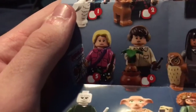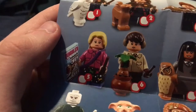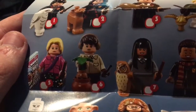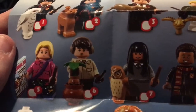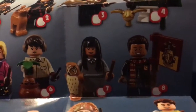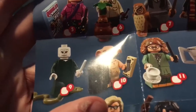Then we have a Luna Lovegood figure, I'm guessing from, yeah, she's got the Quibbler, and I'm going to guess it's from Order of the Phoenix when she first appears. Then we have a young Neville from that scene in, well, again, it could be from any of the first three. I'm just going to say it's from the original scene in Philosopher's Stone when he pulls out the Mandrake, because he does that several times in the first three movies. Then we have Cho Chang, I think, yeah, Dean Thomas, I think. Yeah, it's Dean Thomas. Then we have Voldemort,